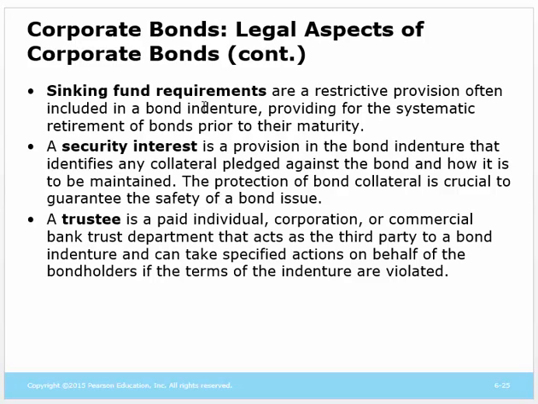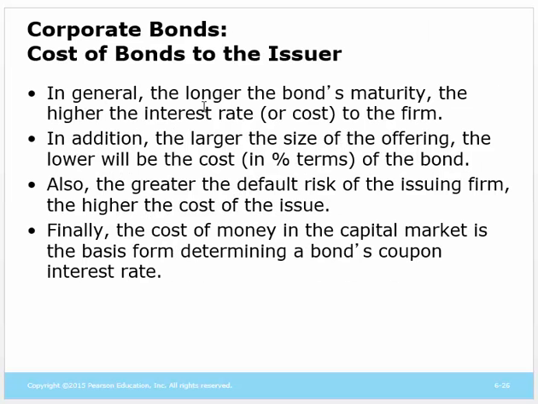A trustee is kind of like a referee, right? They make sure that the different parties follow the rules. And if you think about it, the only ones that could mess up the bond arrangement are the borrowers, right? So we want to make sure that the borrowers do what they're supposed to do, to make payments and to maintain the soundness of the company.